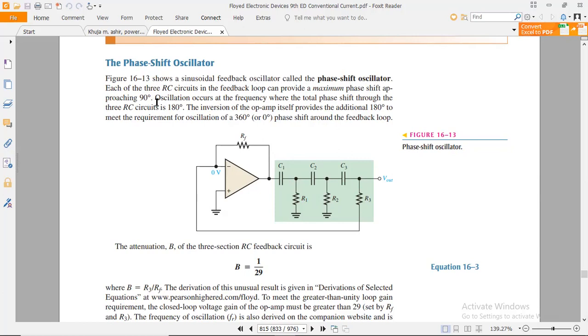approaching 90 degrees because of using a capacitor. A capacitor can produce 120-degree out of phase shift. Oscillation occurs at the frequency where the total phase shift through the three RC circuits is 180 degrees out of phase. The inversion of the op-amp itself provides the additional 180 degrees to meet the requirement for oscillation of 360 degrees or